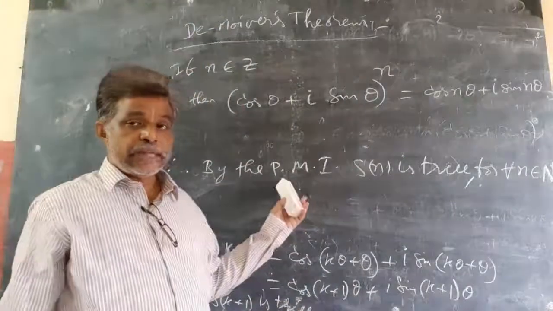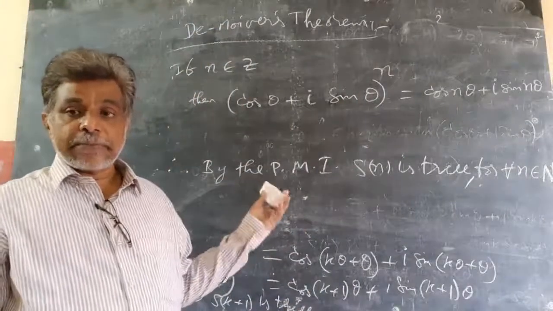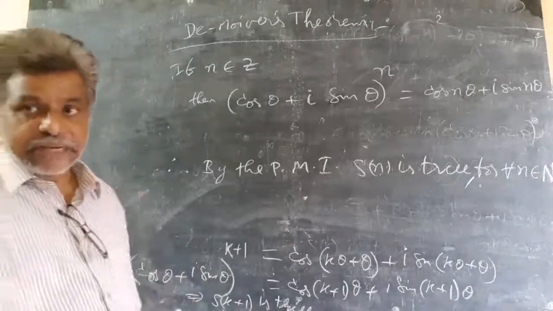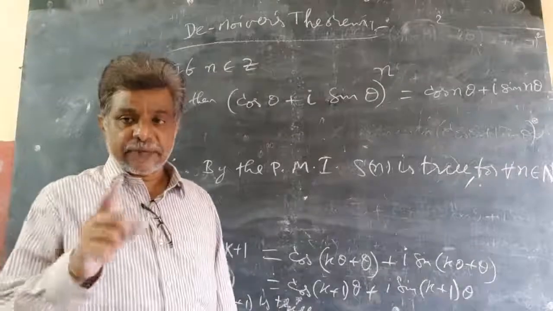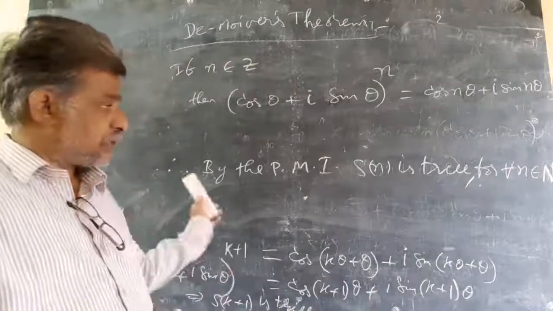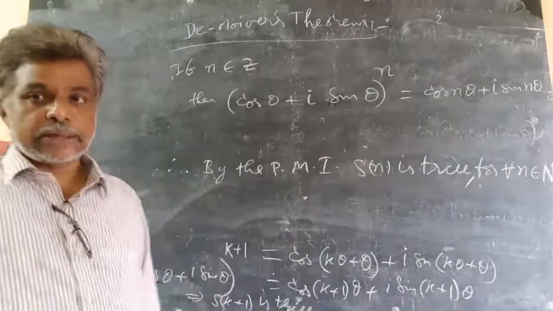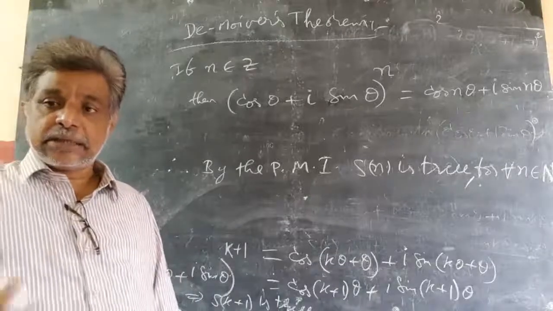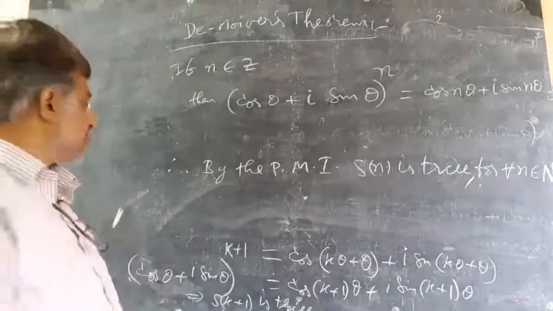So I proved it is true for n equal to k plus 1, which means I proved it is true for every natural number. In case 1 we did for 0. In case 2 we did for all the natural numbers. Means we proved 0 and natural numbers. Next, negative numbers.